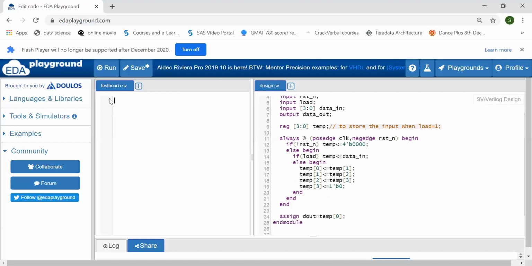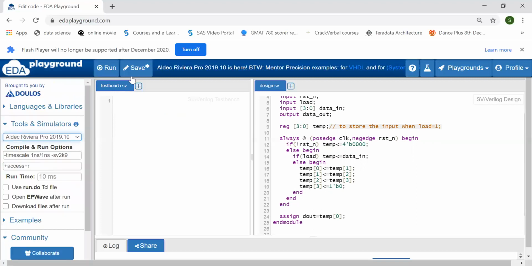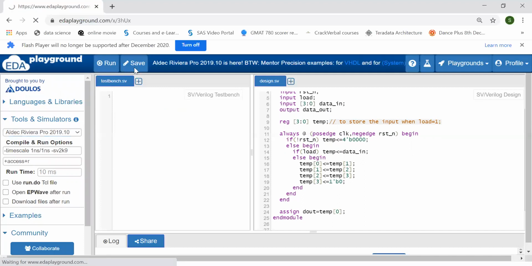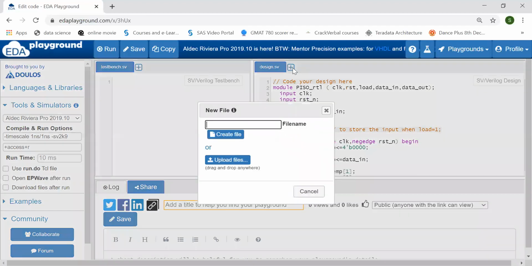So this is all about your design. Next I will write a reference model for my PISO.